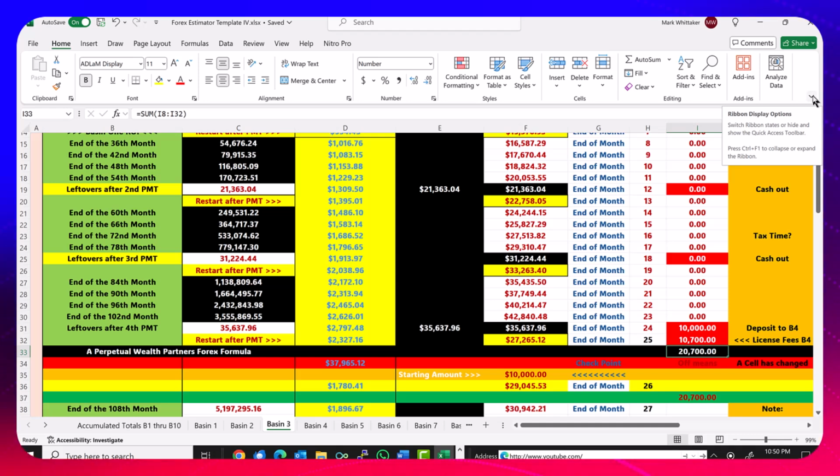So the secret is, how can you get fewer licenses, not have your brokers stop you from making all this money? I doubt if you're going to make $1 billion in one account, but it's possible that